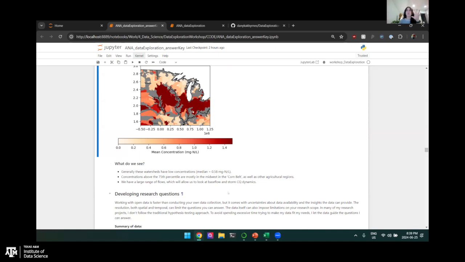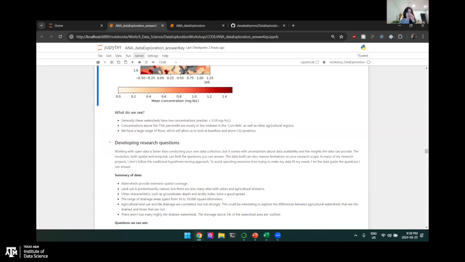And I think that's a really important thing that we don't really talk about, is that a lot of the data driven research is not really hypothesis driven. It can be, but you can't really go into hypothesis testing without knowing what data is available, or what data you can get your hands on. Okay, so